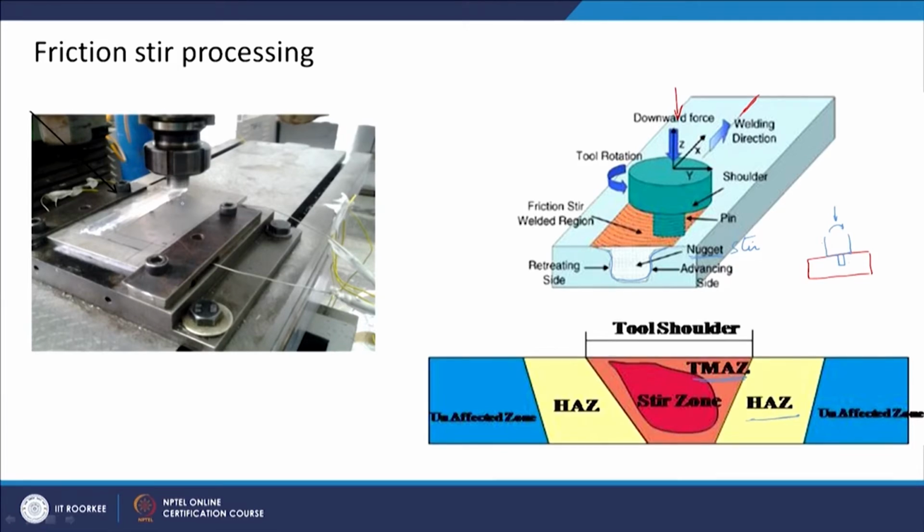This is an actual image of friction stir processing. If you have any milling machine in your place, you can easily modify that milling machine to do this kind of process. So, in that way it is a very simple process, and with the existing equipment you can do this kind of welding or processing, and that is why it is very popular, because existing equipment can be used. There is a good amount of grain refinement when you do this process.